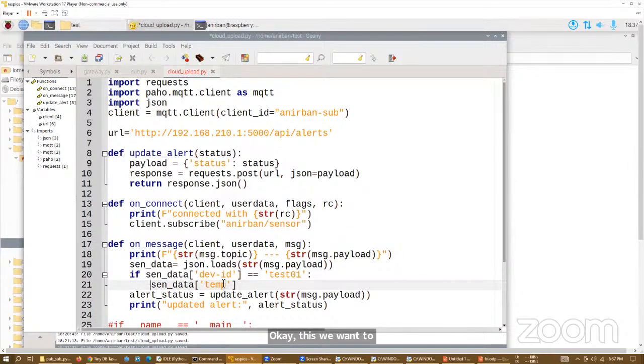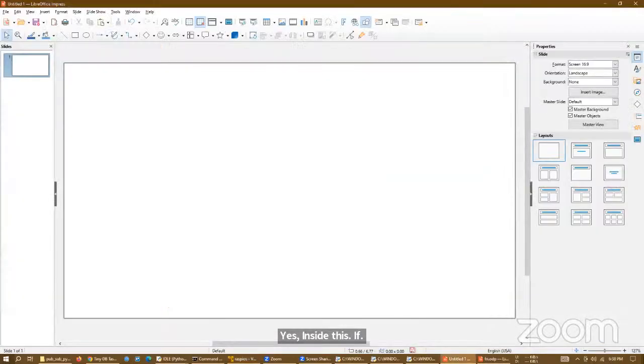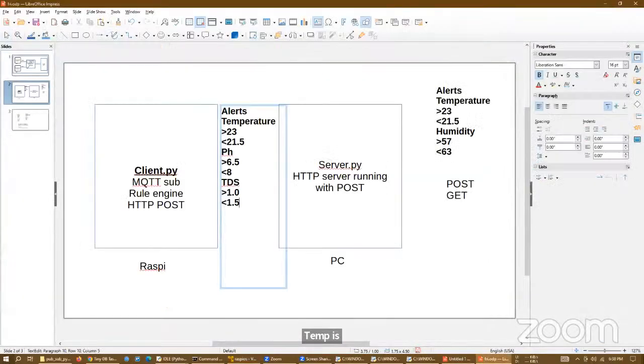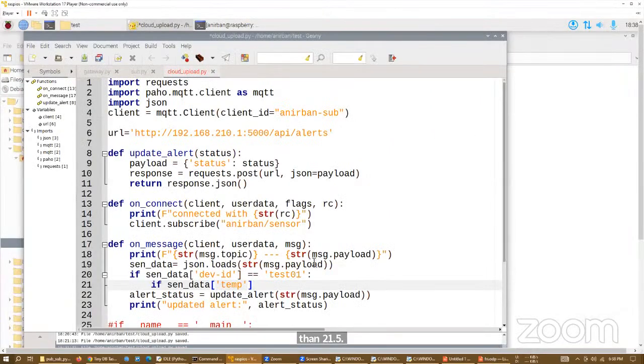If dev ID is this one, inside this, if temp is where it is, temp is greater than 23 and less than 21.5, and or, be very careful, is greater than 21.5 and